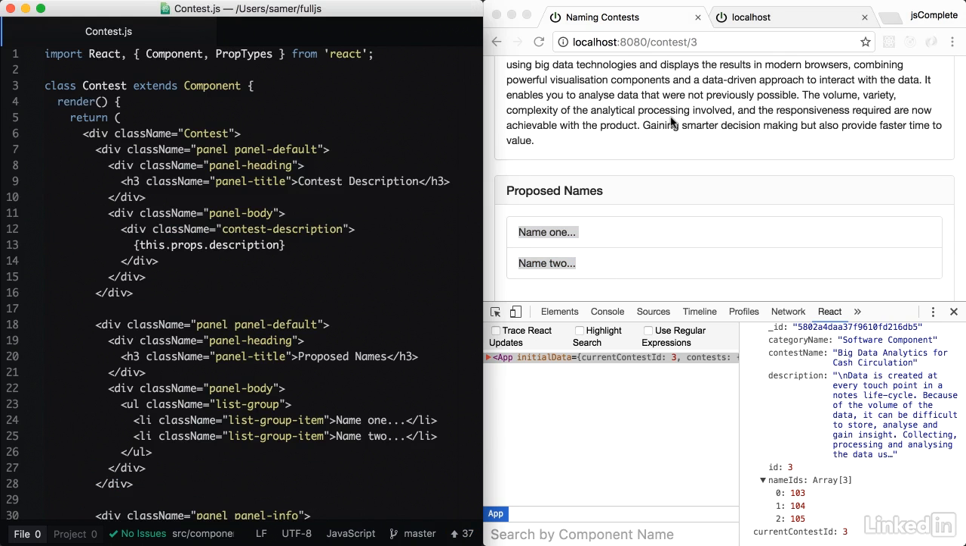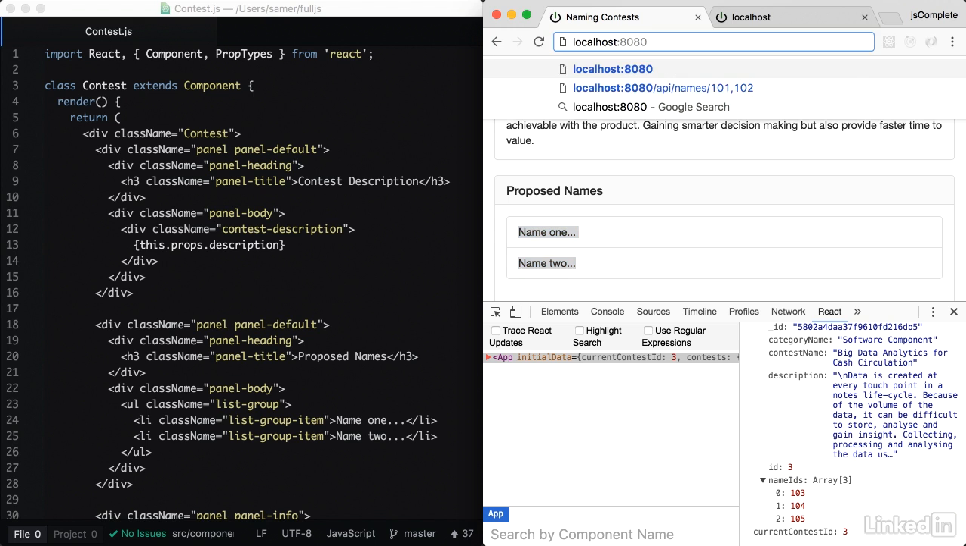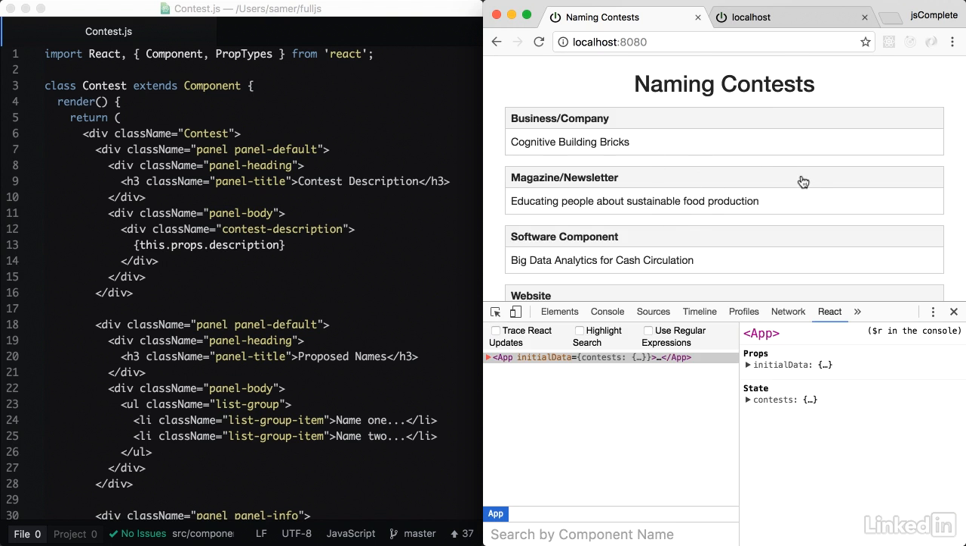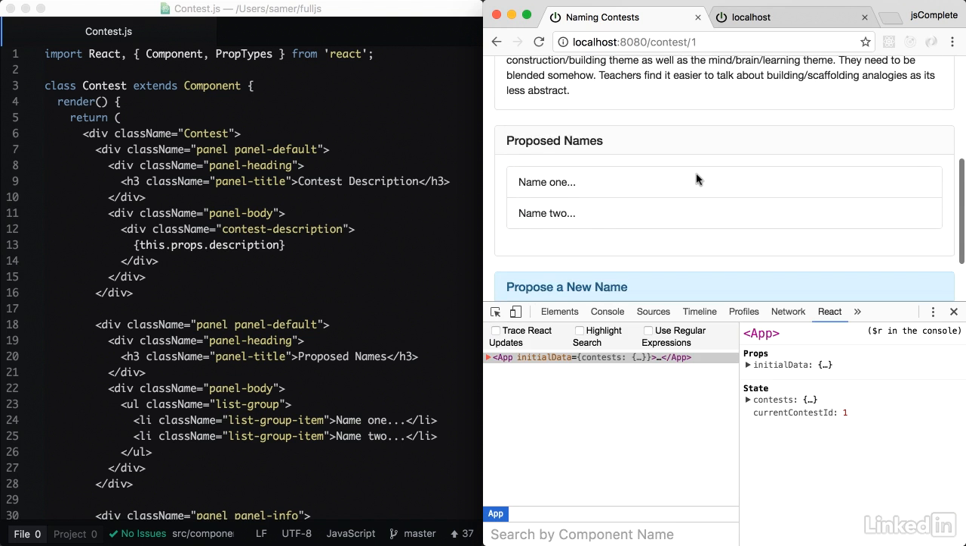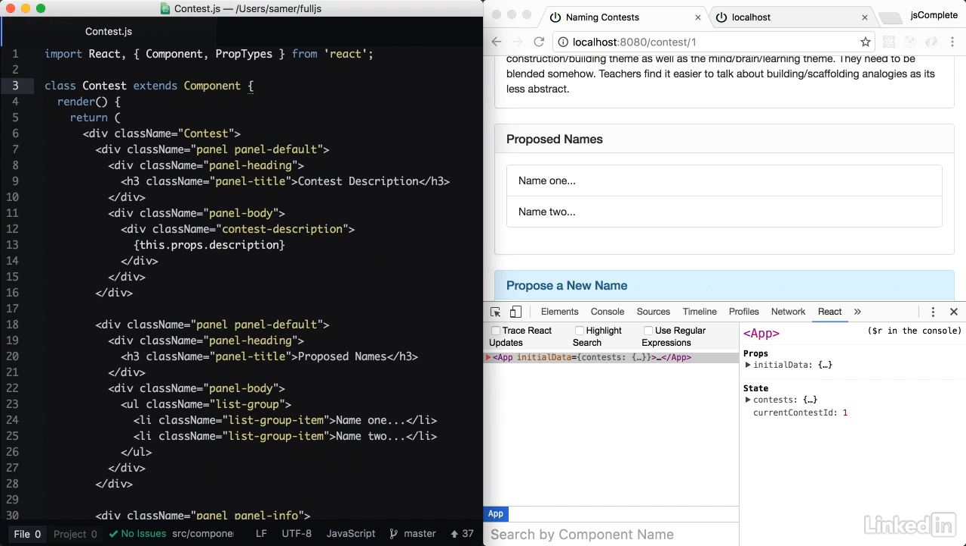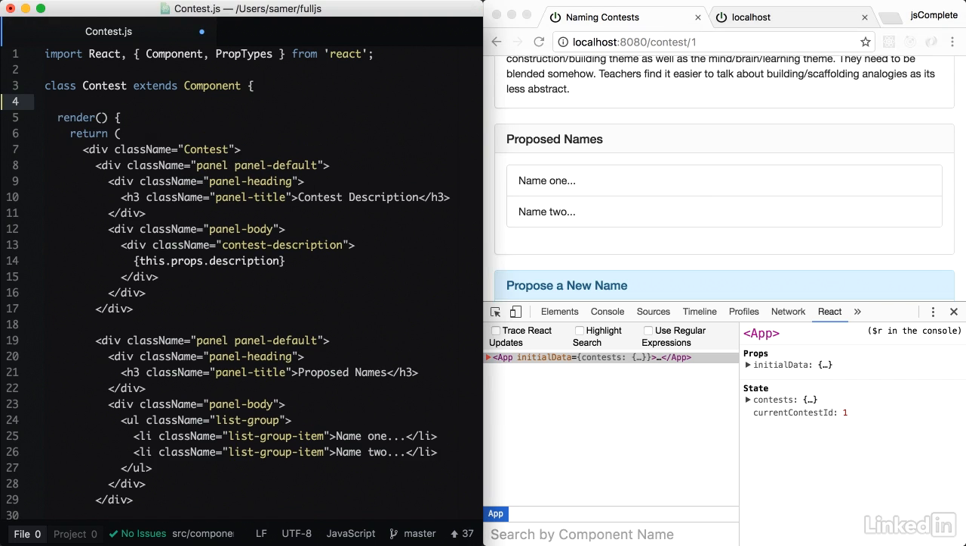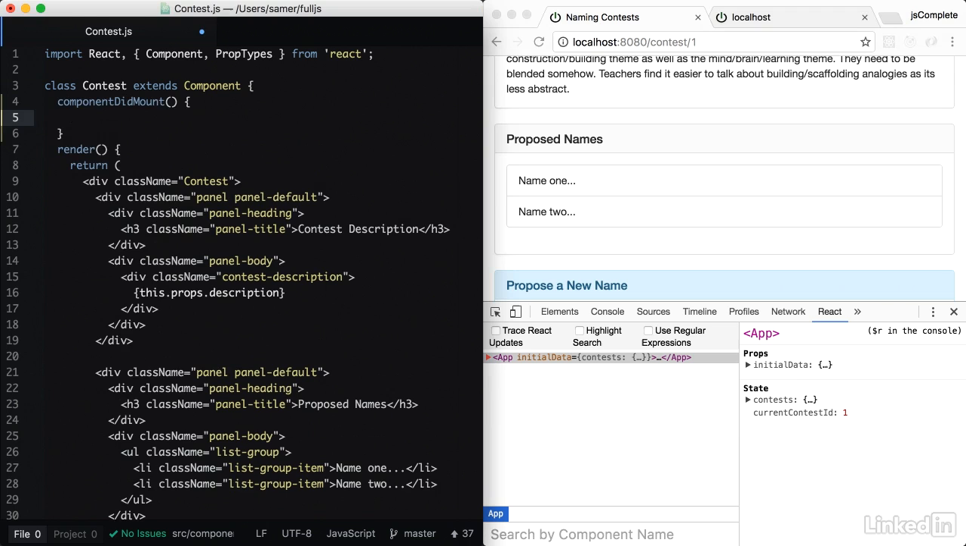So the first thing we need, when we load a contest, we need to start fetching these names. We don't want to fetch the names unless we are on a contest. So for example, in this main view, I don't need any names. When I click on a contest, I need the contest to fetch its own names. So inside the contest class, this is a candidate for componentDidMount code. So when I mount a contest component, we can instruct React to go back to the API and fetch the